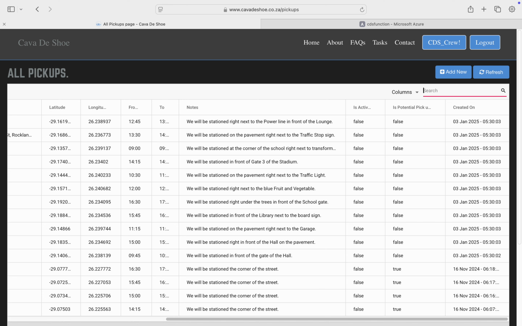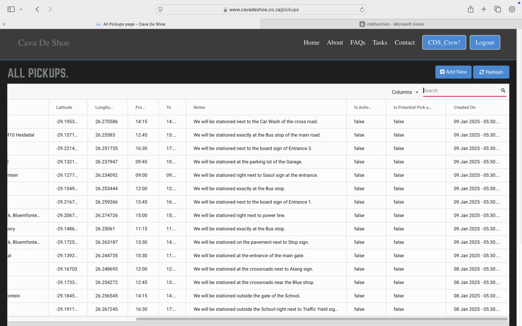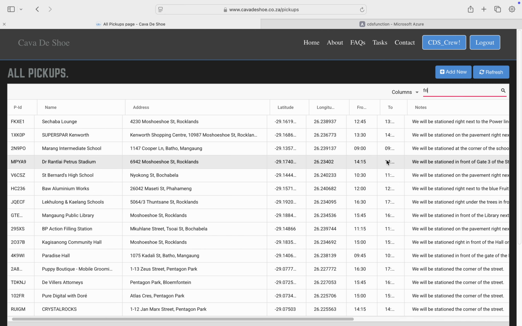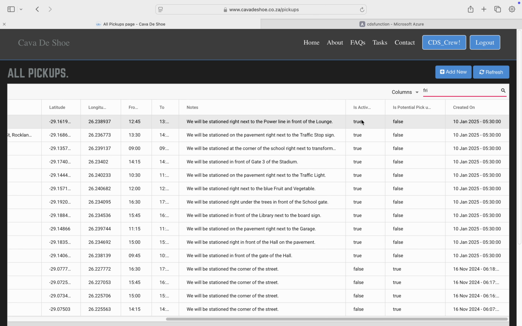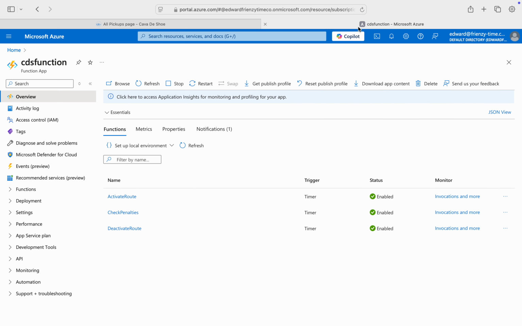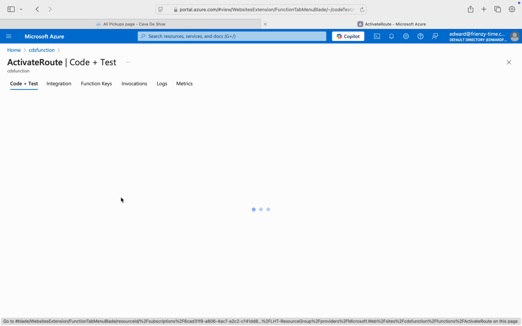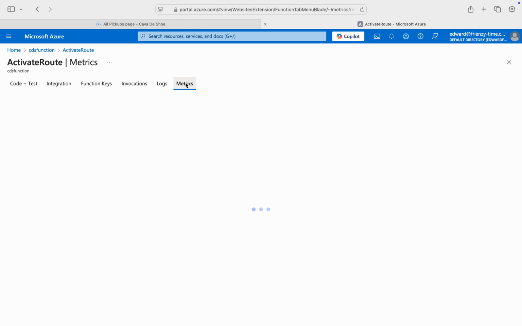So I'm assuming if I refresh and type Friday again, there we go. Just like that, a few seconds ago, a function was triggered. Let's confirm that. We're talking about this activate route. If I tap on it and go to metrics,